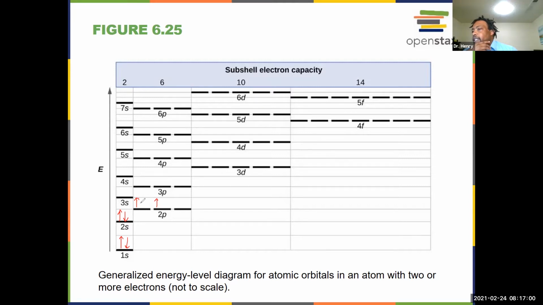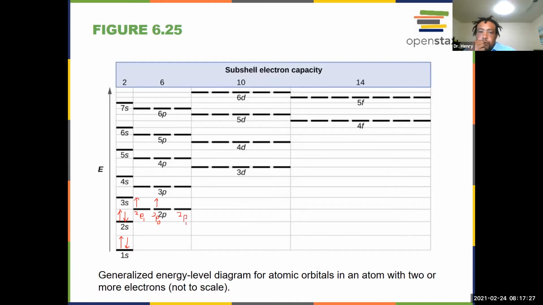You don't have these 2 guys in the same orbital. So this guy is representing just the 1s orbital, the 2s orbital. This guy is going to be your 2p minus 1. This guy represents 2p 0. And this guy is going to be your 2p